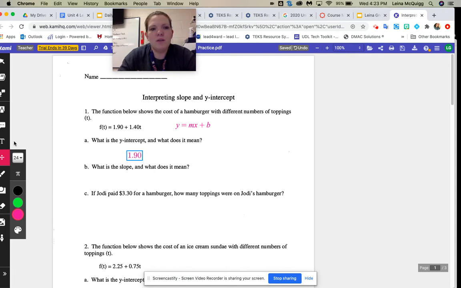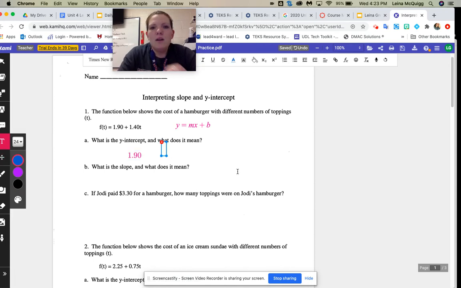And what does it mean? Well, let's think about this. We have an equation, and the function shows the cost of the hamburger with different number of toppings. So t is going to be our number of toppings, and that changes. It's going to change the price based on how many toppings I have. So $1.40t means that I'm going to pay $1.40 per topping. So $1.90 is the starting price of the hamburger,